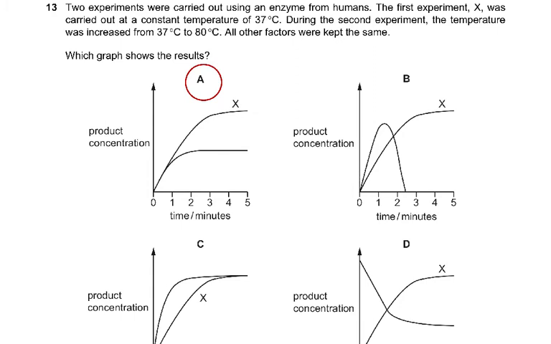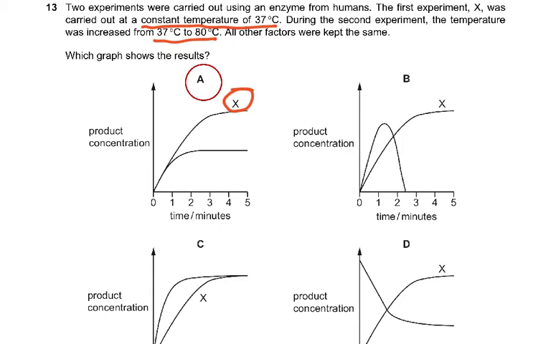So, first experiment carried out at a constant temperature of 37. So it was continuously at 37. And during the second experiment, the temperature was increased from 37 to 80 degrees, and all other factors were kept constant. So what you've got to understand is product concentration. So the first experiment X is this one,